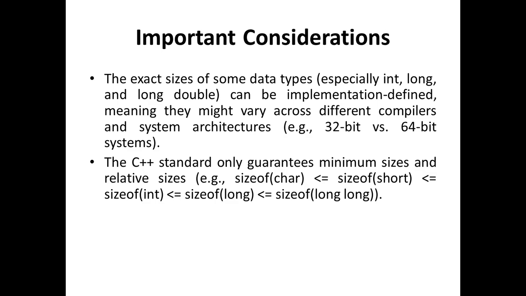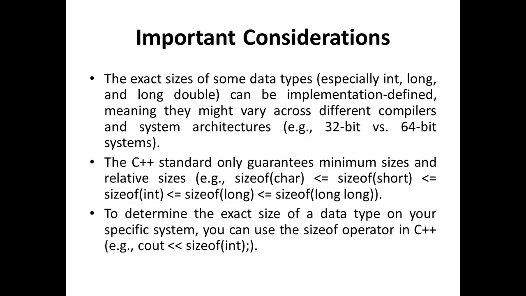So that means in every compiler or every system, this must be established. Whether it is 32-bit or 64-bit, this order is followed: character is less than or equal to short, less than or equal to integer, less than or equal to long, less than or equal to long long. That is all the C++ standard guarantees. But the direct size is determined by the compiler and the